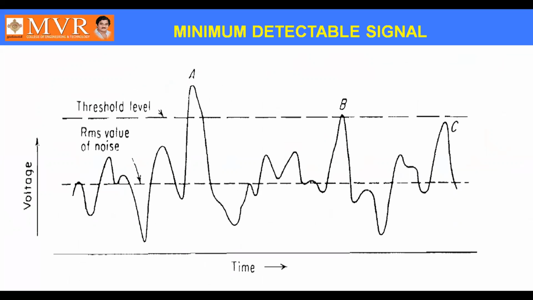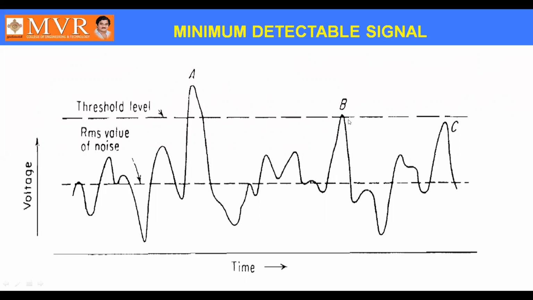Minimum detectable signal is the least value that can be detected. While deriving the minimum detectable signal, if you want to give a minimum, we should derive some value that is supposed to be the minimum. That value is the threshold level. If you want to put a particular value as a minimum, we need to set a threshold level, indicated by a dashed line like this.